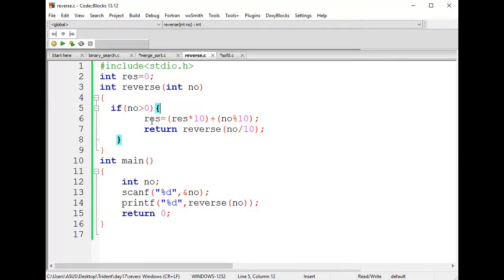We made a small logical flaw. We'll find out where we missed.